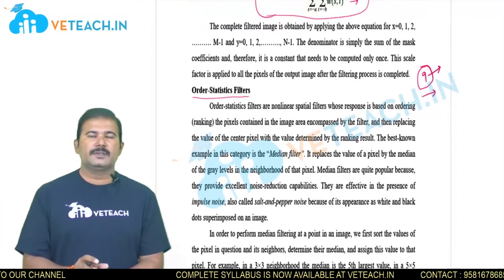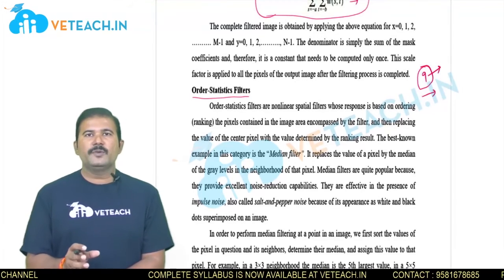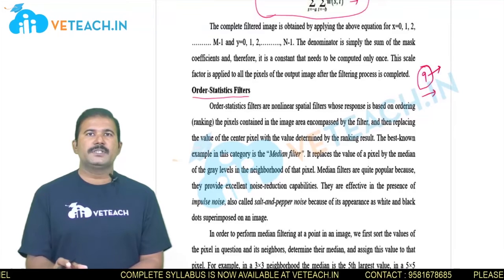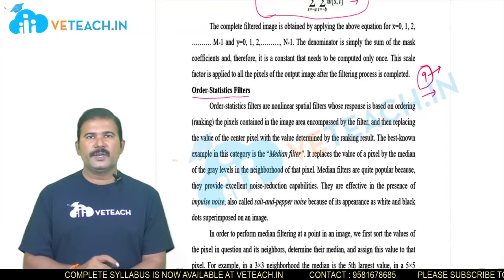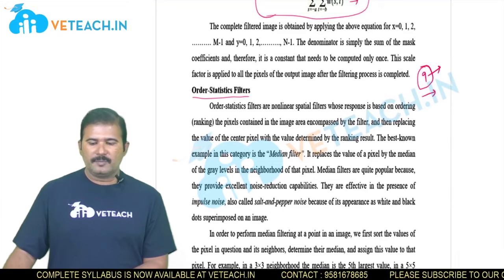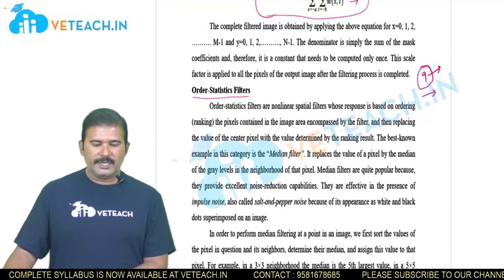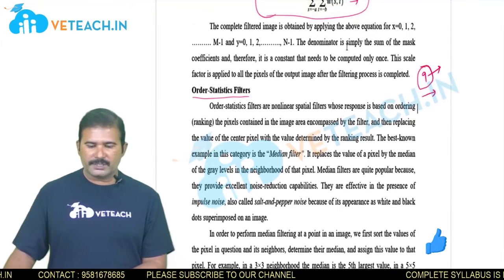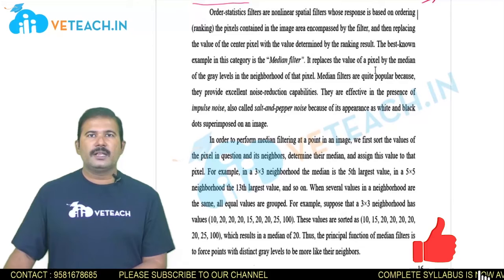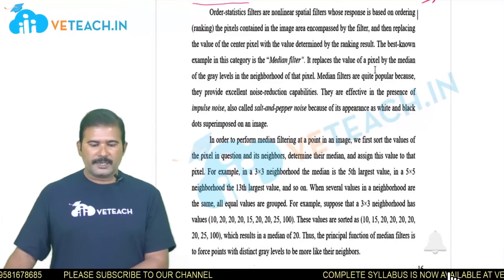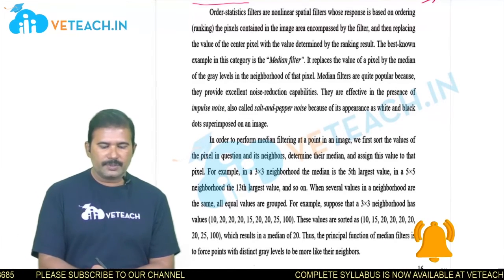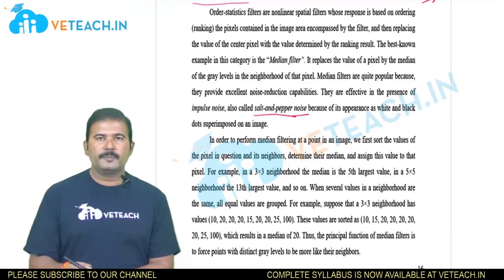That means for the minimum filter, the center pixel value is replaced with the minimum value from the coefficients of the filter. Out of 9 values, the minimum value is considered for the minimum filter, and the maximum for the maximum filter. For the median, the median is calculated from these 9 values, and the center pixel value is replaced with it. Filters like the median filter are particularly useful in reducing salt and pepper noise.